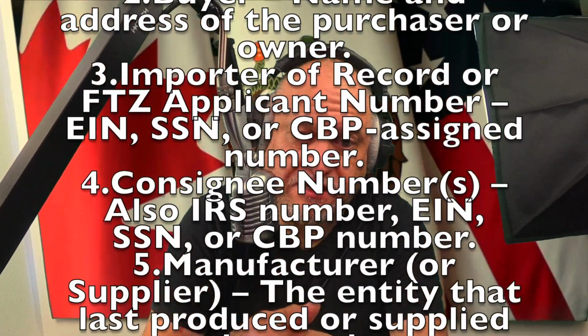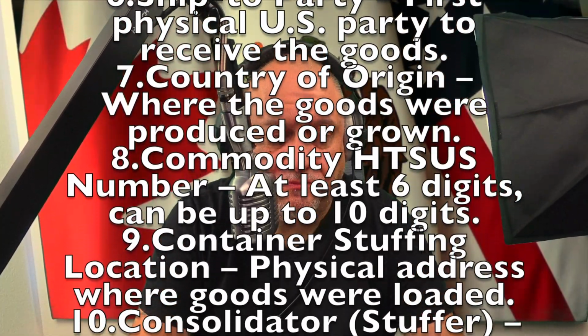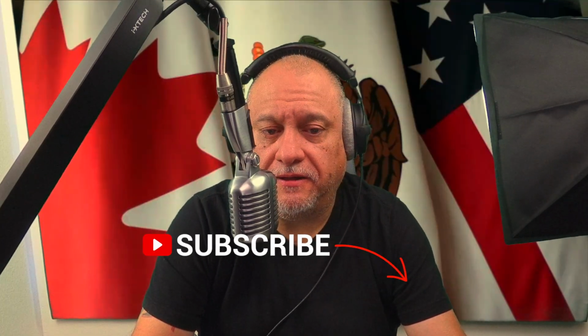First, the seller: the name and address of the last known seller or owner. The buyer: the name and address of the purchaser or the owner. The importer of record or FTZ applicant number: the EIN, Social Security number, or CBP assigned number. The consignee number: also the IRS number, EIN, SSN, or CBP number. Again, the manufacturer,